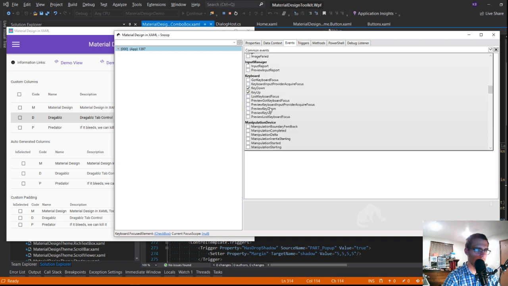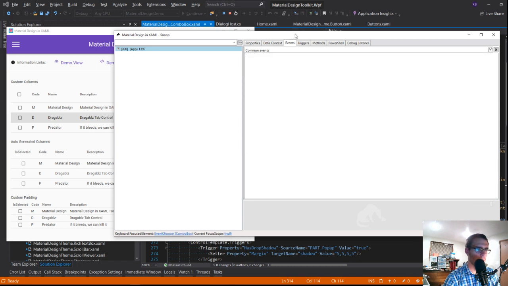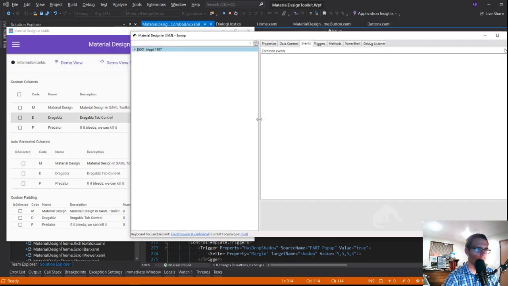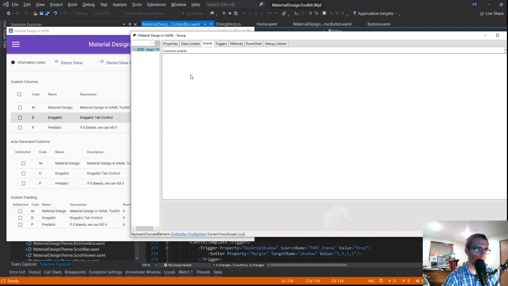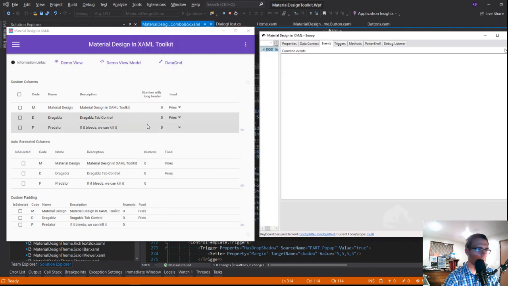So minimize, go away. Okay, so here I am really only interested in effectively key down stuff. So let's see, key up, key down. That's probably good enough. Let's get rid of the mouse stuff. I don't want to see all of that. Kind of wish there was a clear all. That would be nice. Like a little thing at the top where I can go click, click. Maybe I'll look at... That might be a fun pull request.